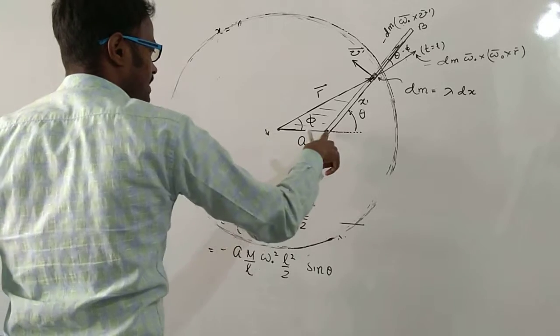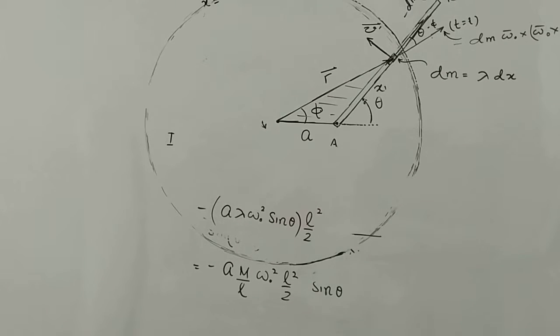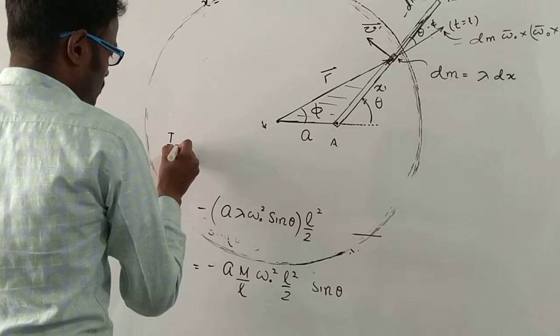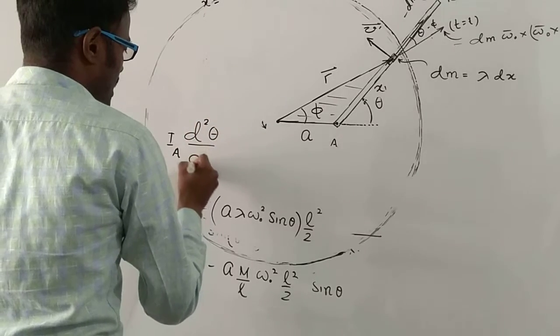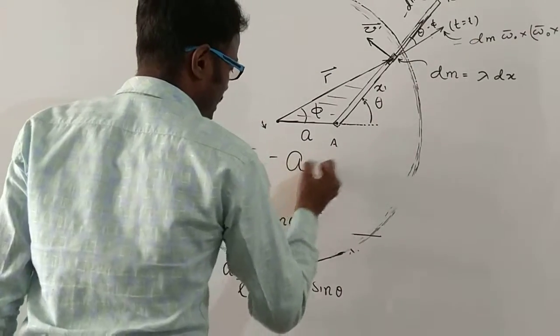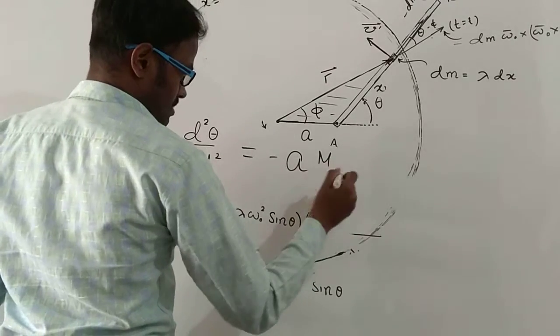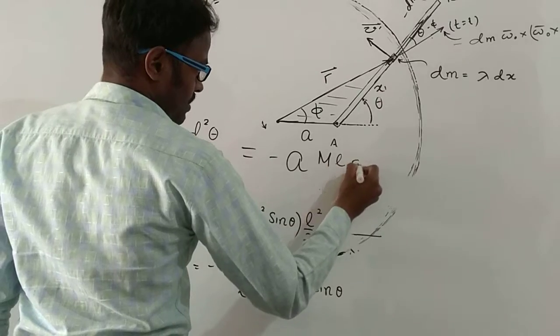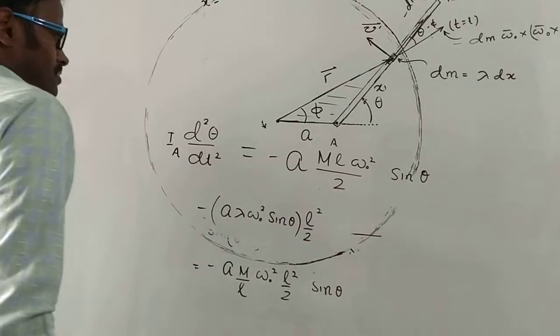So if we apply the net torque on the rod in this sense, the net torque in anti-clockwise sense on the rod is equal to the moment of inertia of the rod about the point A times the angular acceleration in the anti-clockwise sense, which is equal to minus M L omega naught square by 2 and sine of theta. You see here,